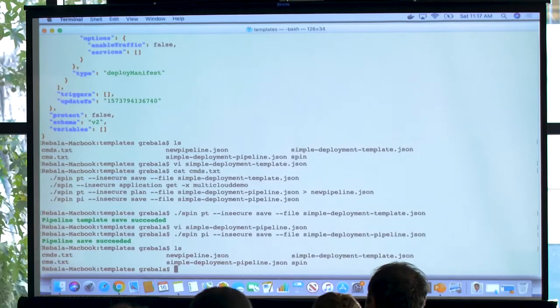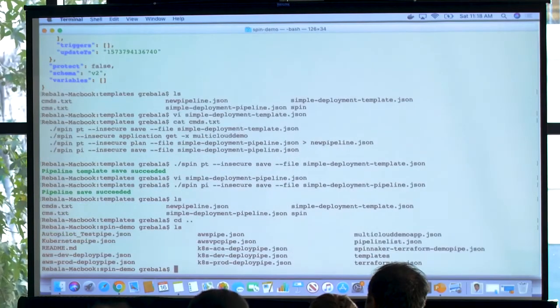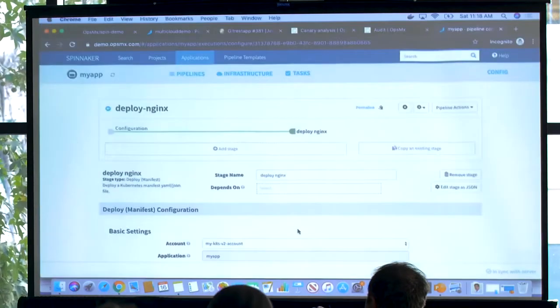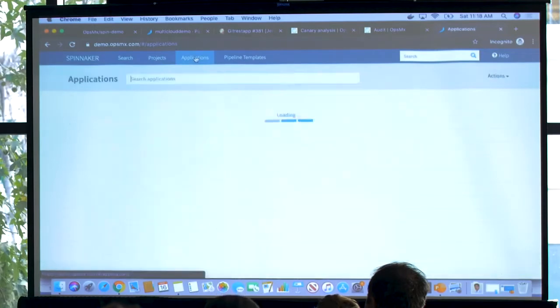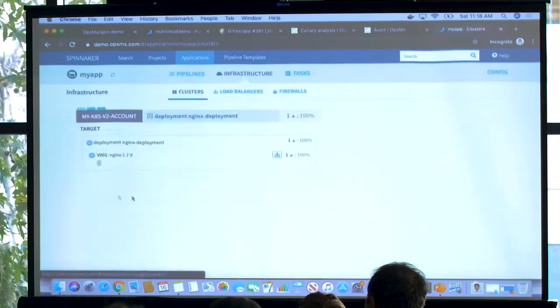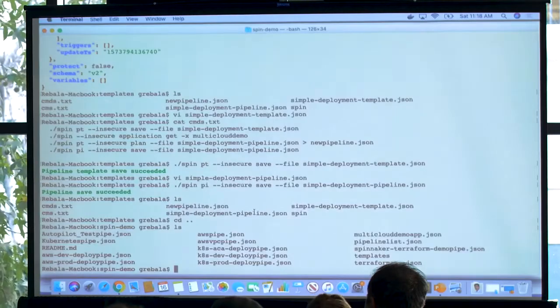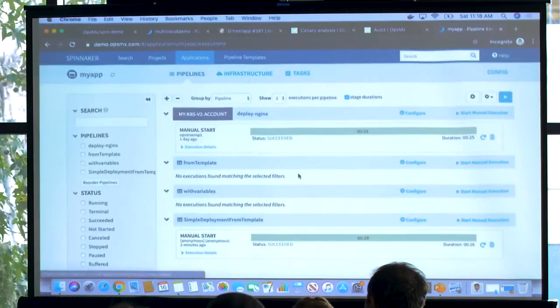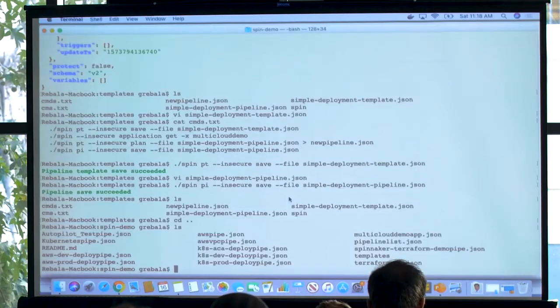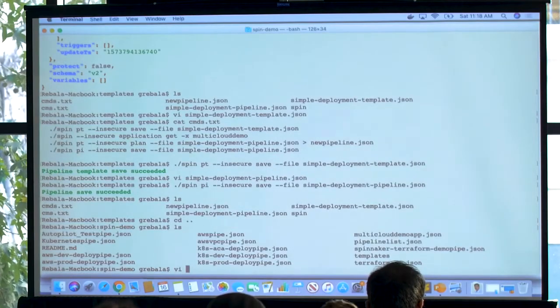Let's say, yeah. So here I have my repository. All the pipelines and applications that I see in this Spinnaker deployment are all synced with my Git. Right. So let's say I'm looking at a pipeline here, the deploy Nginx. I want to add some description to it. Right. And so I could go open that